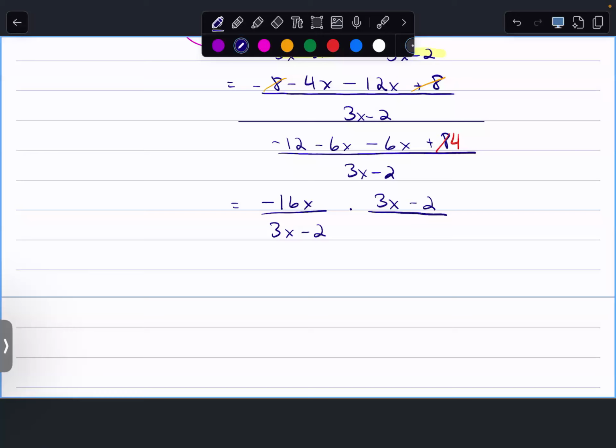But what happened? -12 plus 4 is -8 minus 12x. The key here, though, is going to be that these two cancel, right? I'm multiplying fractions, but